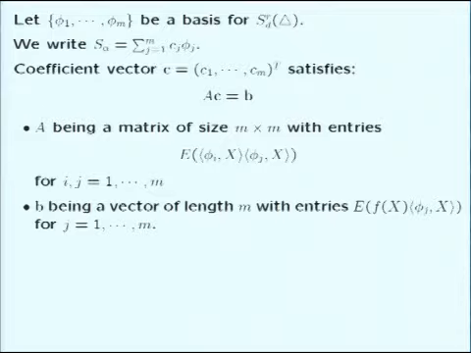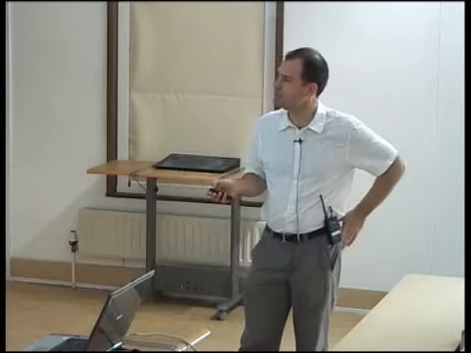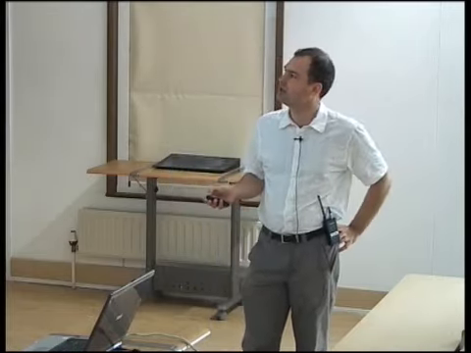It turns out that, as in many minimization problems, the problem reduces to solving a linear system, here the system AC equals B, where A is a matrix of size m by m. M is the size of the spline space, and here this is a basis for this space. This plays the role roughly of a covariance matrix in these spaces, and B is this vector.